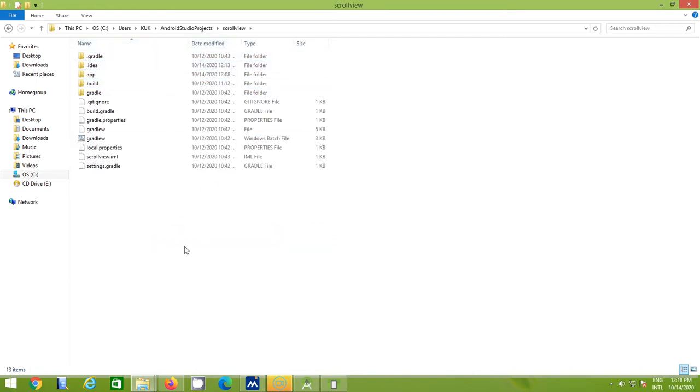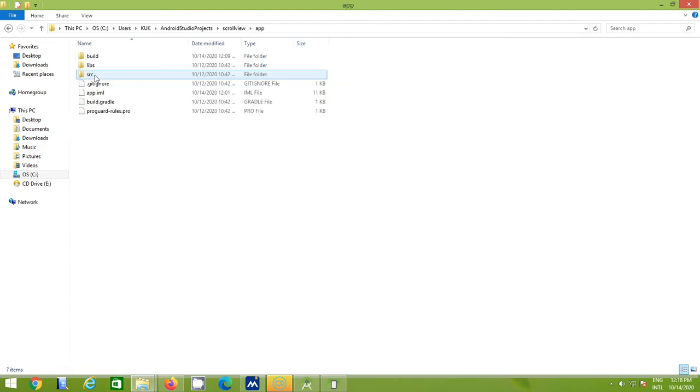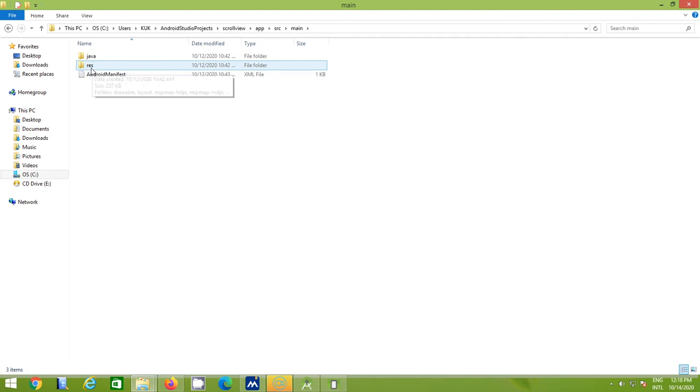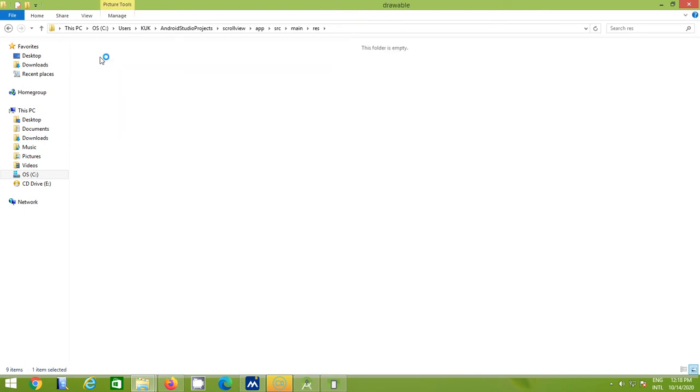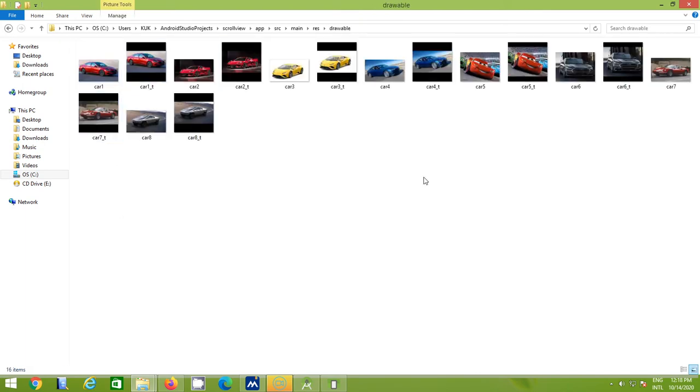In that I have to find the drawable folder. The drawable folder is in your app folder. In the app folder we go into the src source folder, then the main folder, and in the main folder you will find the res folder. In the res folder, there is the drawable folder. So we simply paste the images in that folder.